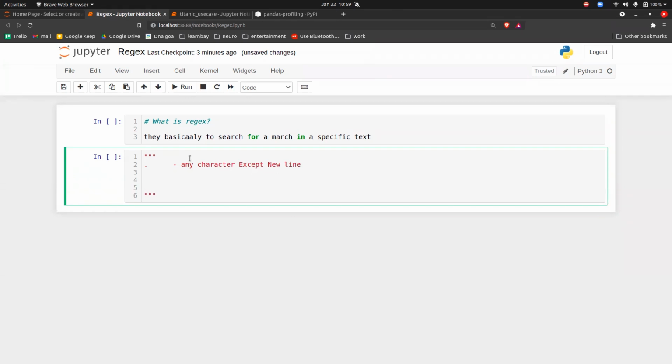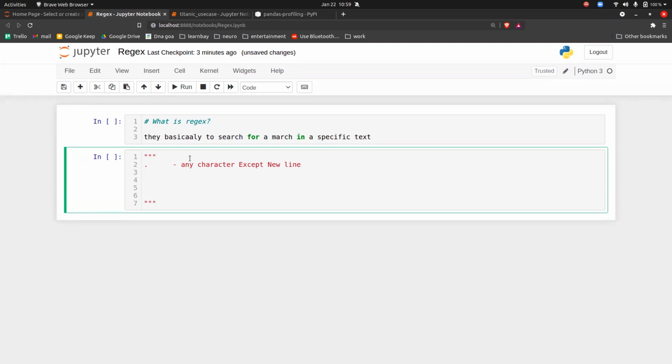So basically, in a particular text, it will extract every character except the new line. Don't worry, first I am giving you all the special characters and then I will explain everything one by one. So /d will extract every digit from 0 to 9.